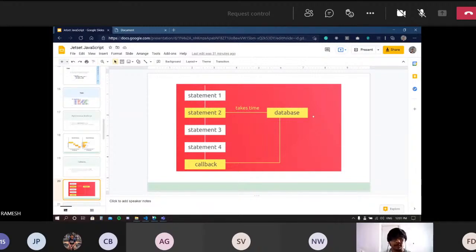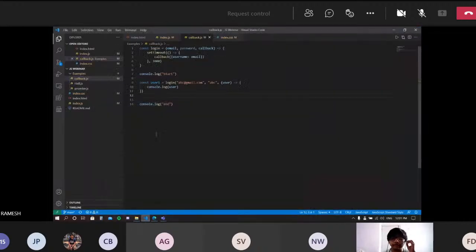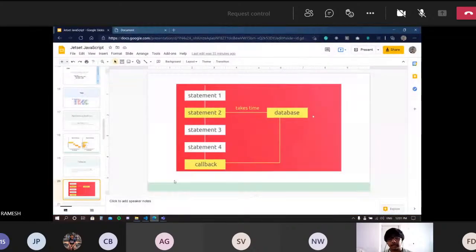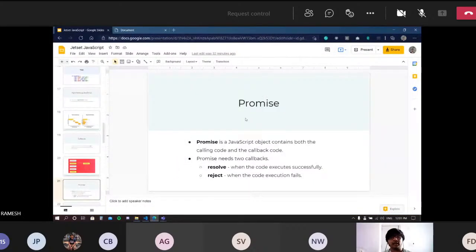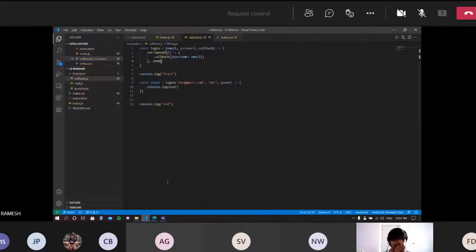I've just mimicked this function using a set timeout, but generally it will have a second or two seconds delay. So you need to have a callback instead of directly console logging the value, right? So keep that in mind. And then we have something called promise, but just before moving on to promise, I'll tell you what